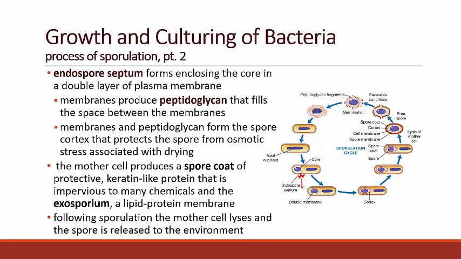So you have a core, which has got DNA, RNA, proteins, dipicolinic acid, and calcium in it, and then the cortex of the spore, which is this double layer of membrane stuffed with peptidoglycan. So now core, cortex, then around the cortex we see the development of a spore coat. Now the mother cell, rather than the bacterial DNA, is what directs the production of the spore coat. And this coat is this keratin-like protein that wraps around, so we get multiple layers of this keratin-like protein, and